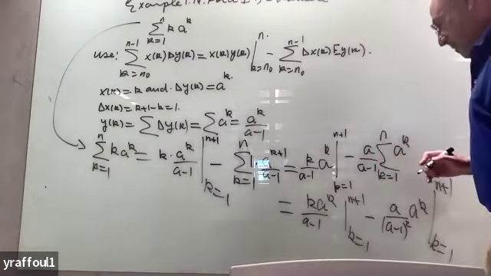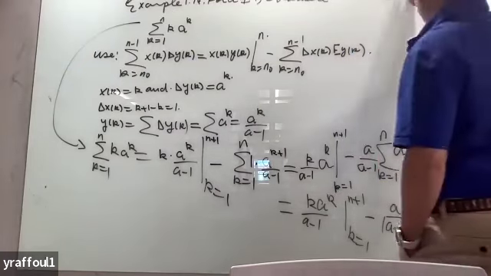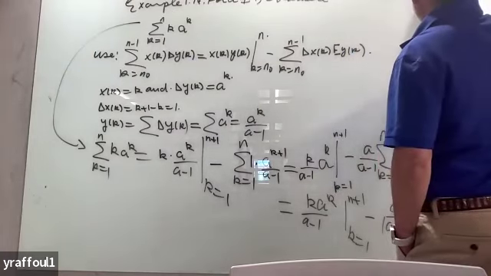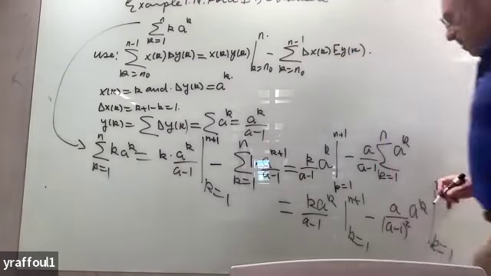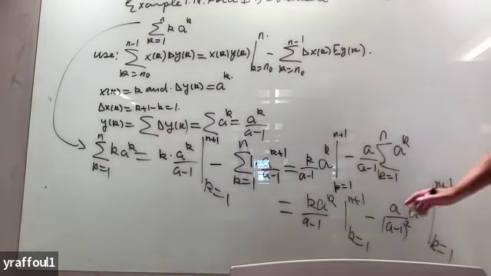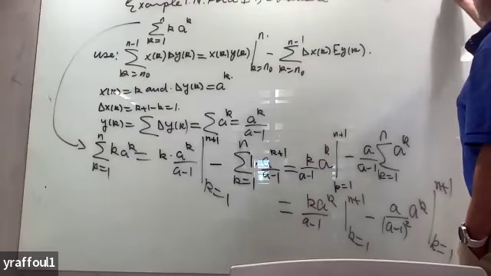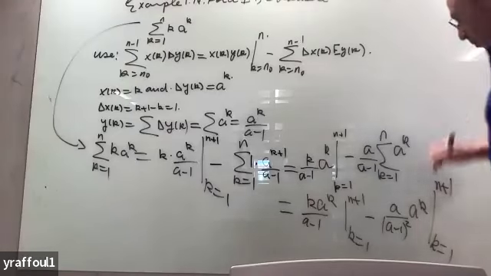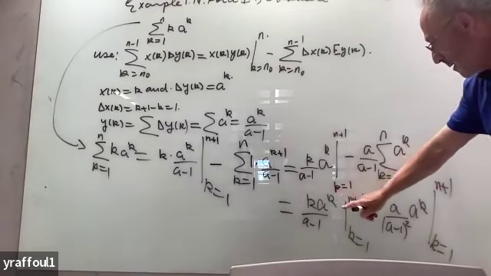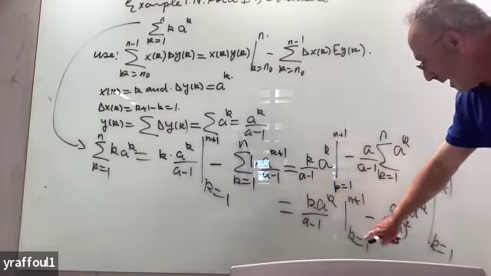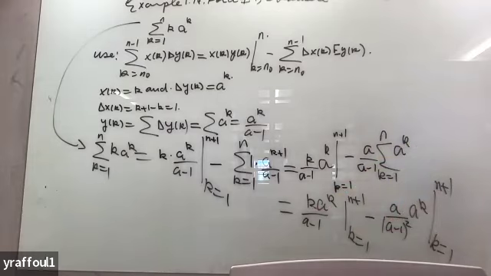Here I'll have n plus 1, a to the power n plus 1, minus a, because you put k equal 1, you get 1 times a. So k equal 1, not n, remember. Minus a,